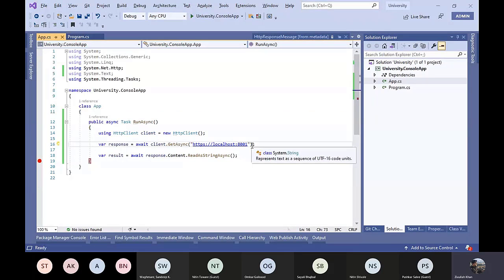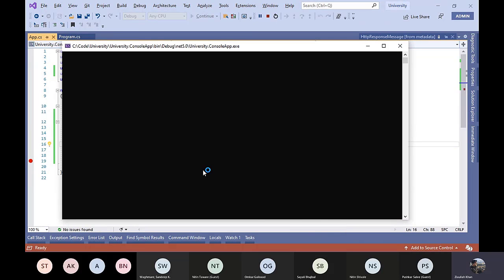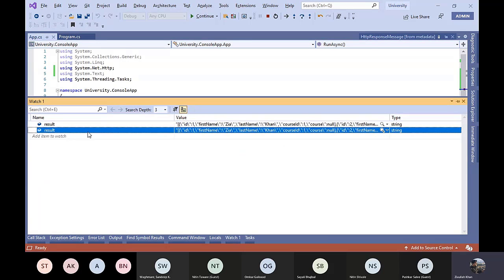So we're going to change this to /api/university. And now if I debug this, it's going to go hit that API. It's going to come back with the result. And if we look at the result once again in the object,